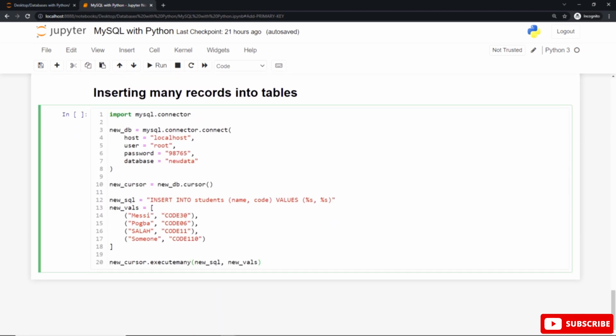After that, you need to use the commit method or the commit statement to make the changes to this table called students, to make the changes for this students table for the new data database. So use the commit built-in statement for MySQL with this new DB or this connection for the database called new data. Let's do that.